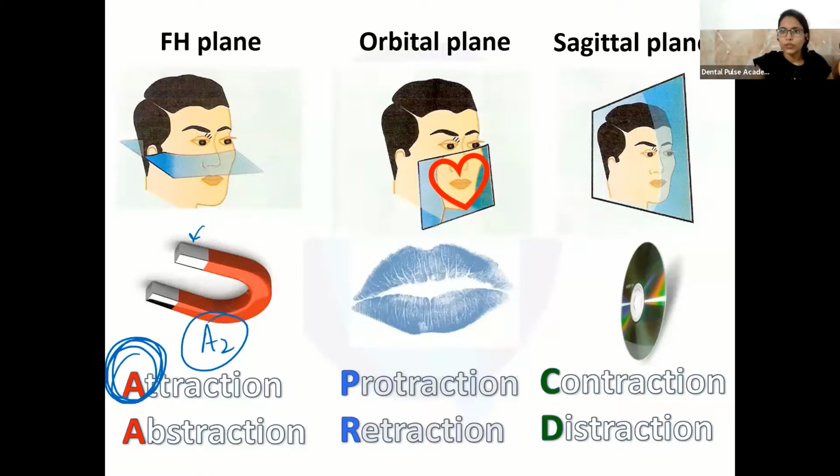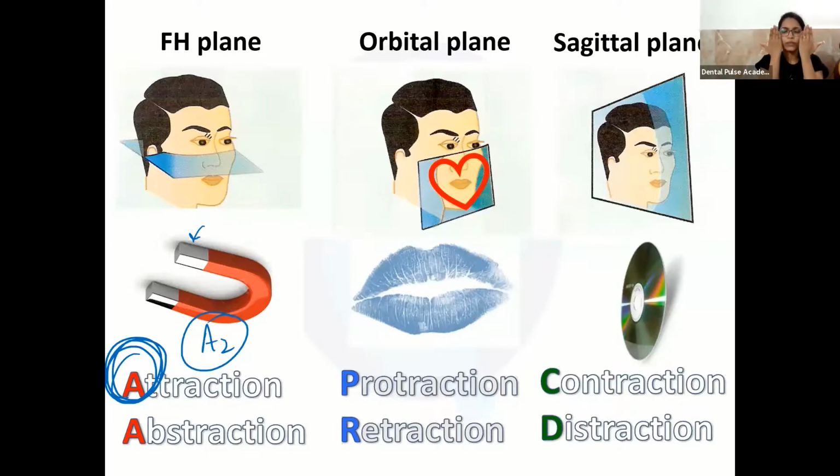So yeah, when you have to take the FH plane, you take it like this, and you feel it like this. Okay, so this is an FH plane. Now there is going to be attraction and abstraction. Attraction means like this. It's going to get attracted like this, and it's going to go abstraction like this. So if FH plane is, you take this hand and you place it here. Now, if there are two things, if they get attracted, it would be like this. And if there is abstraction, it is going to be like this.